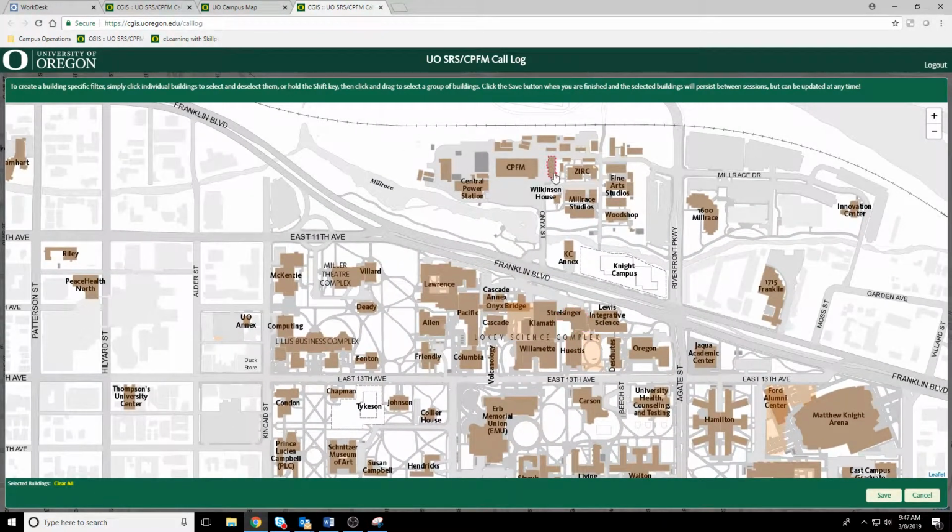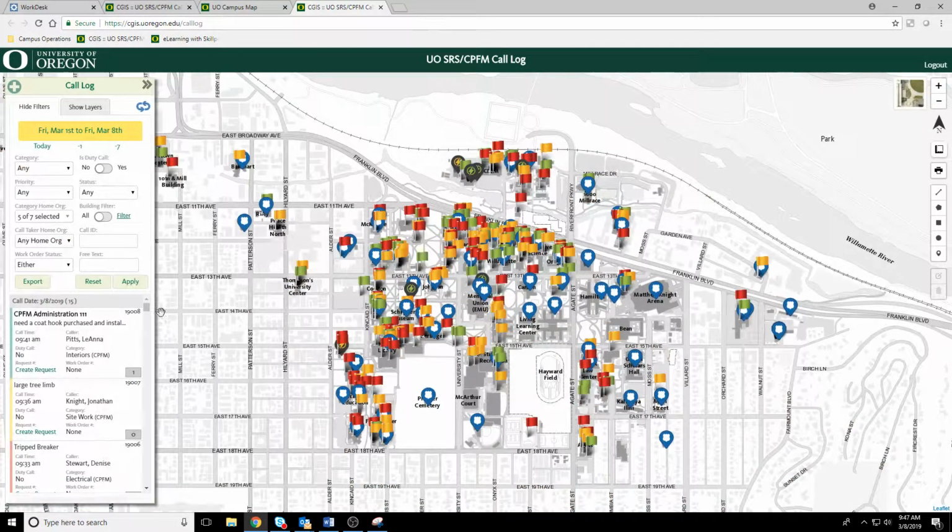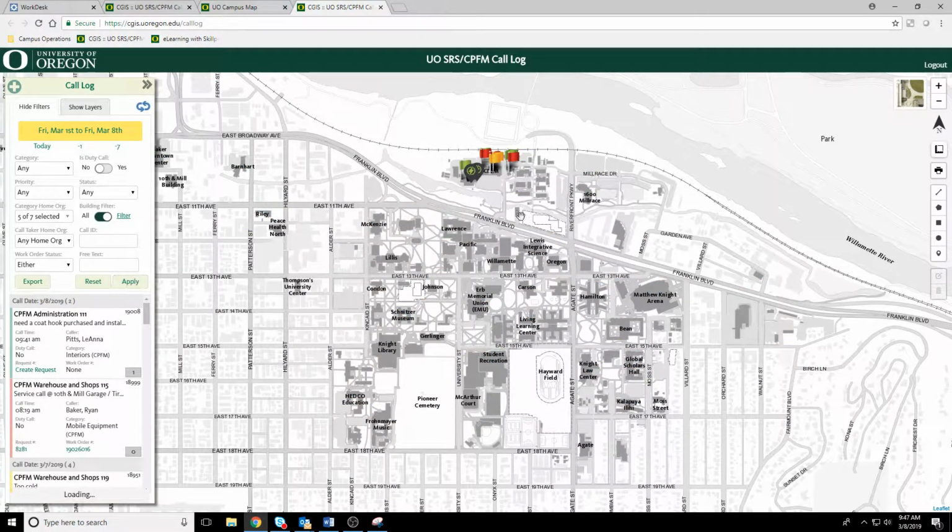I could go in here and I could select just my building, or maybe I care about the CPFM warehouse and the Central Power Station and the Wilkinson House, because this is kind of all the areas that CPFM is housed. Now you'll notice at the bottom it selected the buildings. Now if I hit save and close, and then I apply my filter,